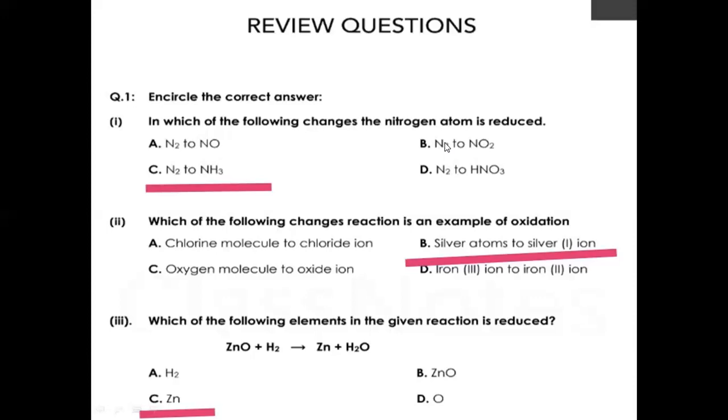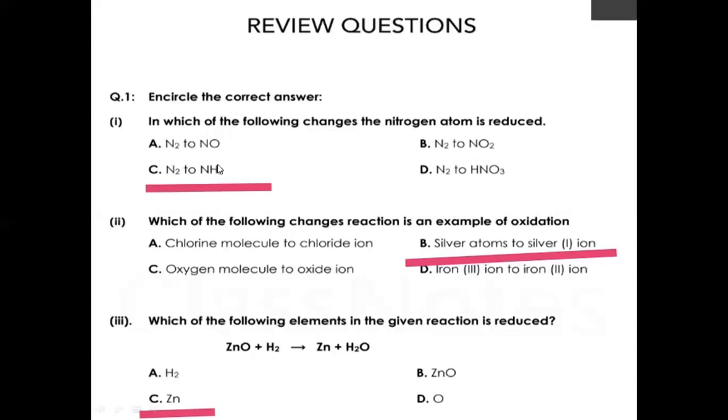Same in this case, nitrogen is 0 and here 2 oxygen. One oxygen is -2, here we have 2 oxygen, so 2 twos are 4. So -4 is the oxidation state of oxygen, so nitrogen will be +4. Again, nitrogen is oxidized because its oxidation state increases from 0 to +4. In this case, the nitrogen from 0 undergoes